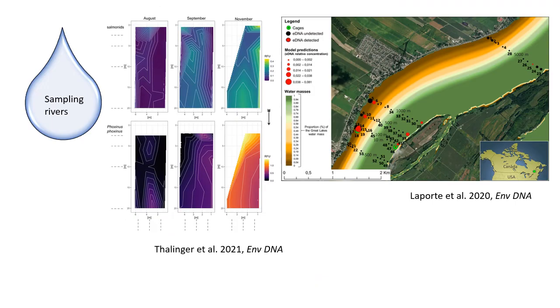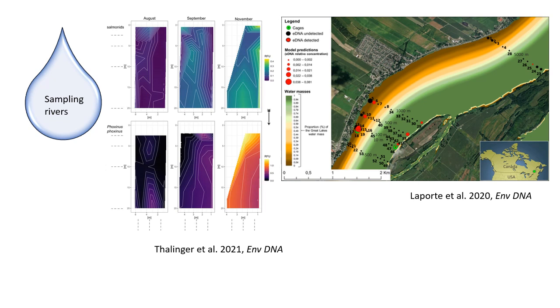We have made great strides in understanding how to sample different ecosystems. And when it comes to rivers, what's been really exciting is just in the last year or so, there's been this incredibly detailed work about putting caged individuals in a river and then looking at how the DNA from that source is dispersing depending on how the river flows and in seasons and all kinds of different aspects, and really looking at the density of where we find the DNA detections. Now, these kinds of detailed studies are really important for us to understand how that extraorganismal DNA is behaving in the